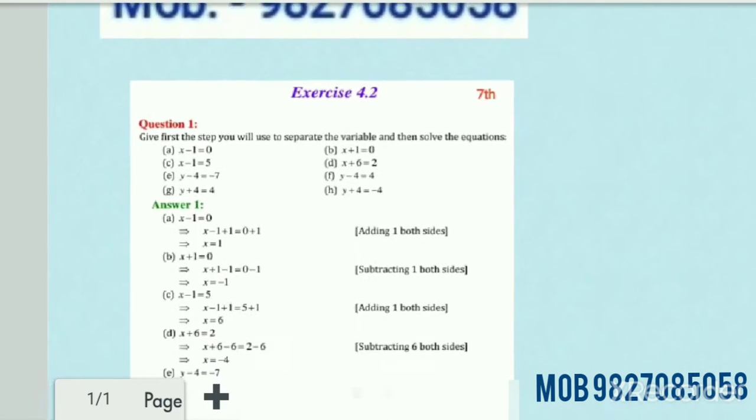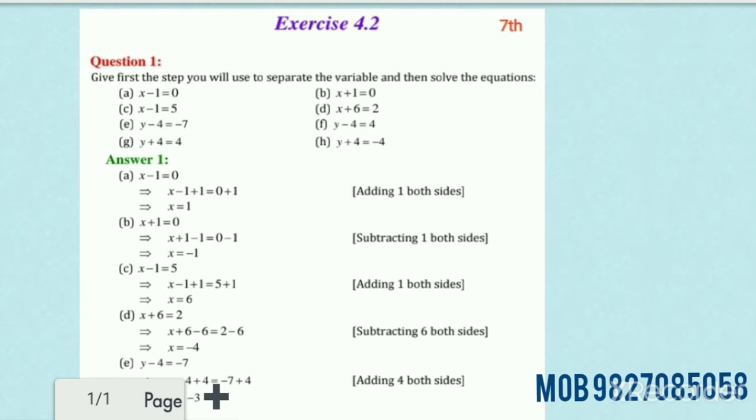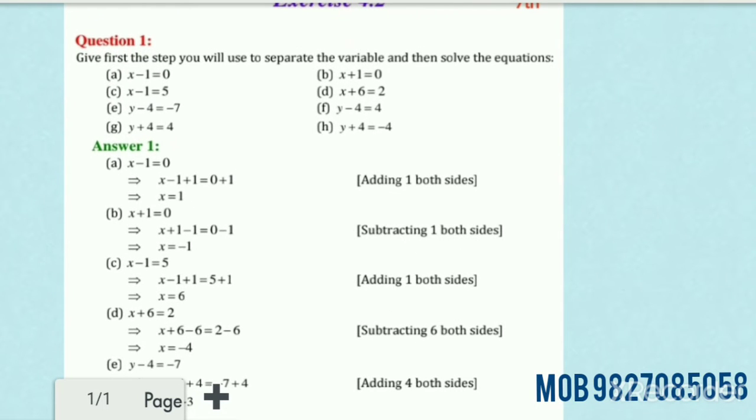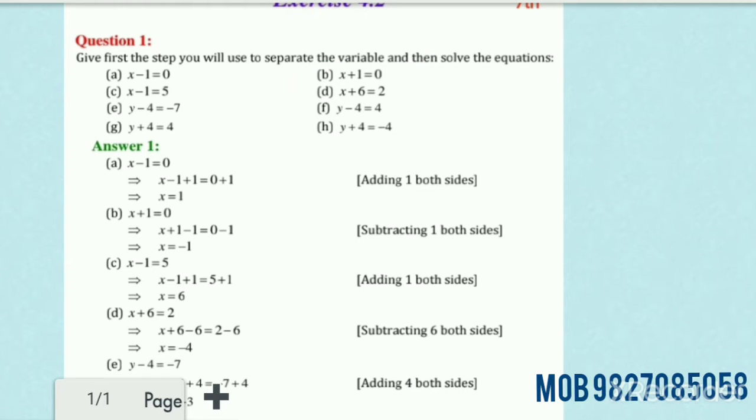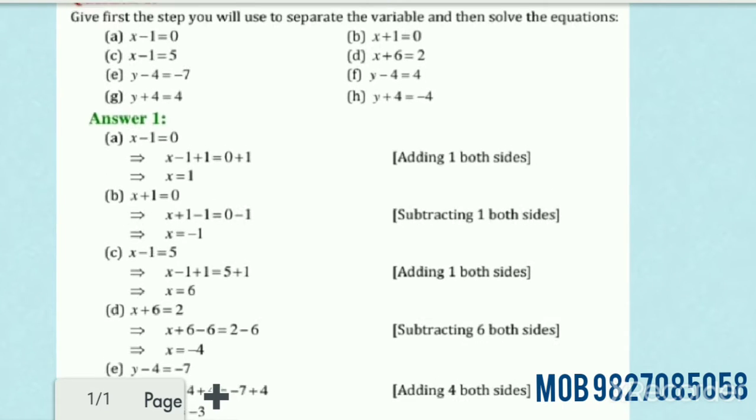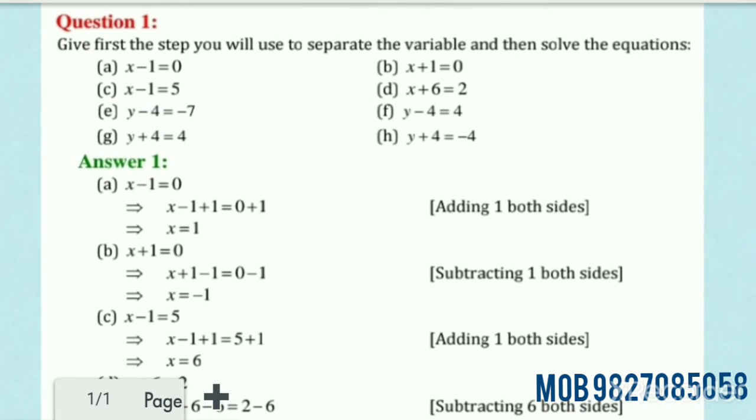Exercise 4.2, question number 1: give first the step you will use to separate the variables and then solve the equations. In this question, we first have to find the value of x, using the separate terms. Firstly, all questions are the same, so please